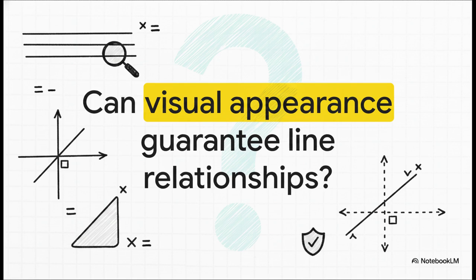Can visual appearance alone guarantee the relationship between two lines? I mean, we've all looked at a graph or a quick sketch and thought, oh yeah, those lines look parallel, or that definitely looks like a right angle. But here's the truth of it. We literally cannot just eyeball a graph to know for sure. In mathematics, a drawing might strongly suggest a relationship, but it doesn't guarantee a single thing. Math requires proof. It requires strict conditions to be met, and today we're going to learn exactly what those conditions